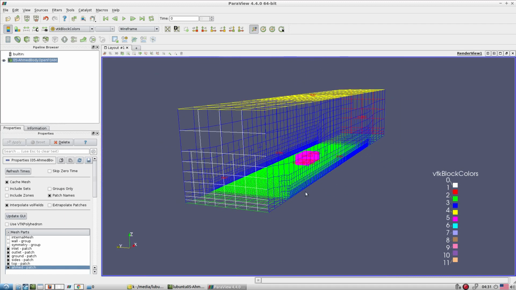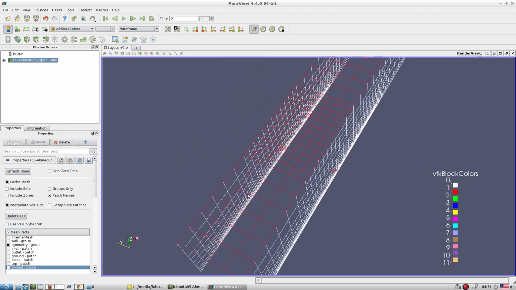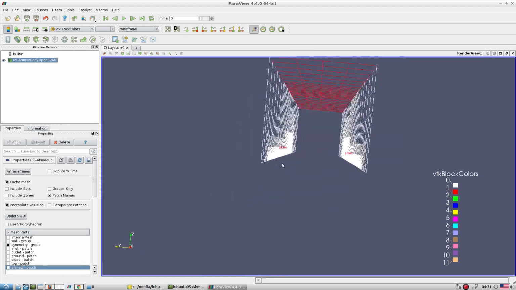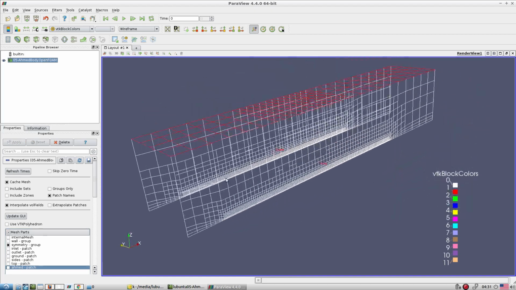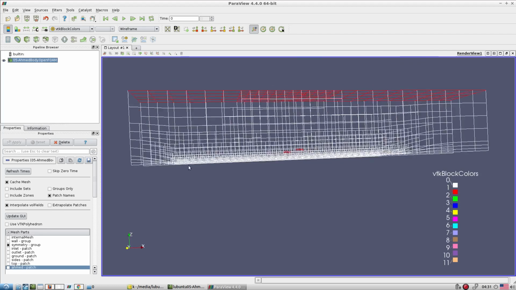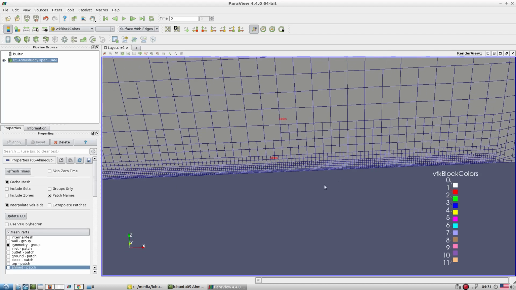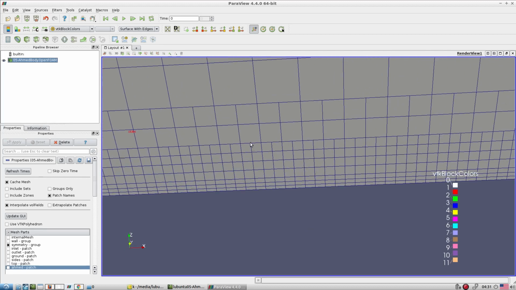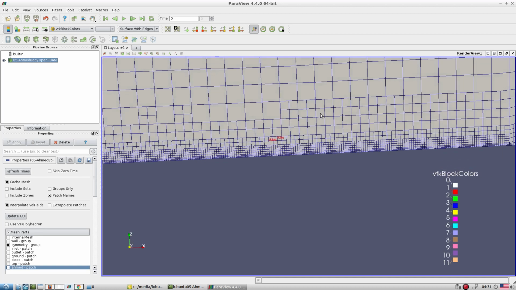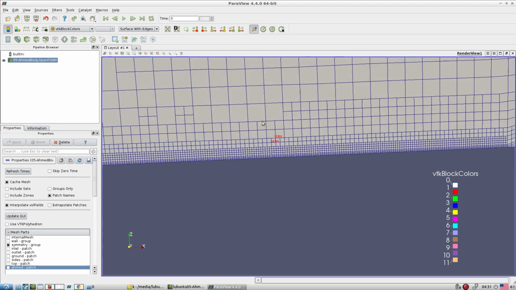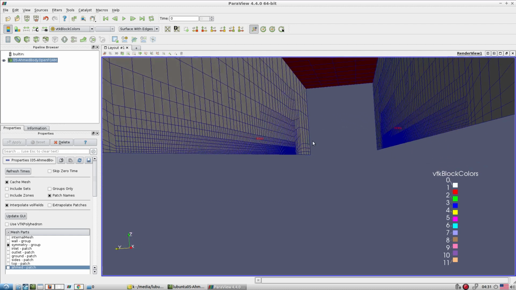So these sides behave as a symmetry group. So let's look at this. Okay, so all of these behave as symmetry conditions. Okay, so this is what we are specifying. And if you look at the mesh, let me give you the idea. So look at the mesh here. These are all hanging type of nodes. So it is called a cut cell type of mesh. It's not necessary that each vertex is attached nicely one-to-one, not required.